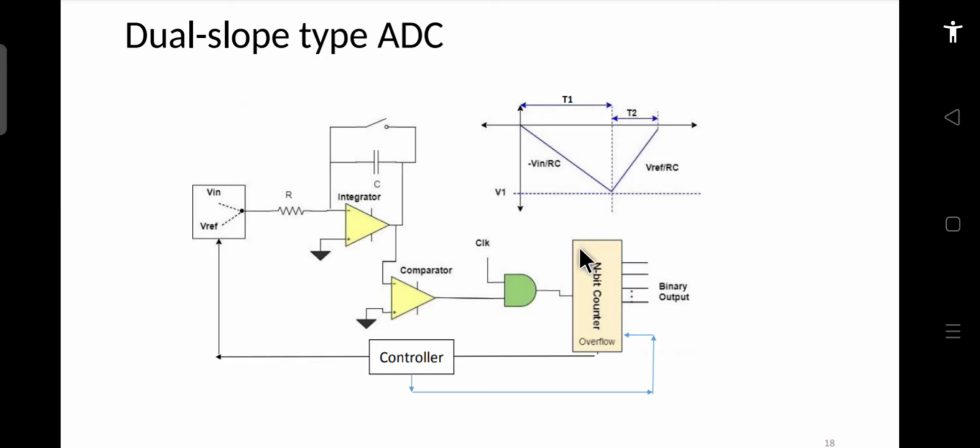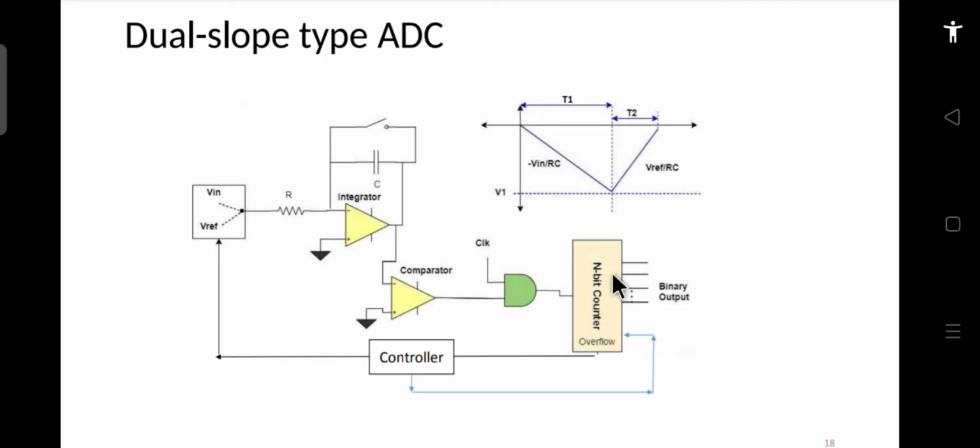In the earlier case it counted in the upward direction, and therefore the output reached up to this value, whereas in the other case it will keep on counting in the downward direction. And the slope of this curve, because the slope is decided by this integrator, is in the positive direction, and it will keep on counting till the count becomes 0 again, okay. Because it is counting in the downward direction, it will keep on counting until